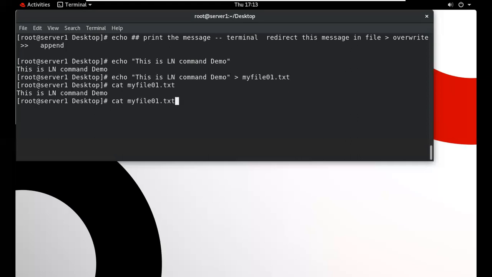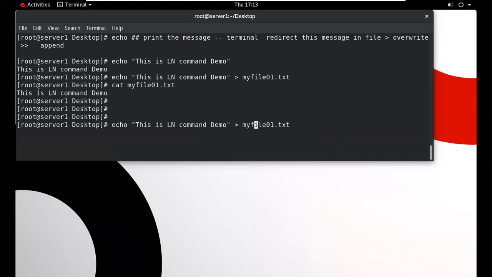Suppose we want to type another message in this file, what will I do? I type another message: there are two types of link, hard and soft. We want to redirect this message into this particular file.